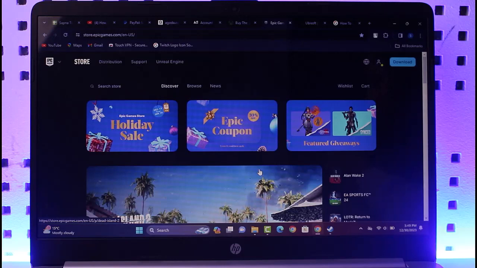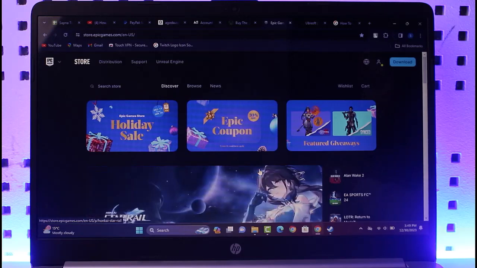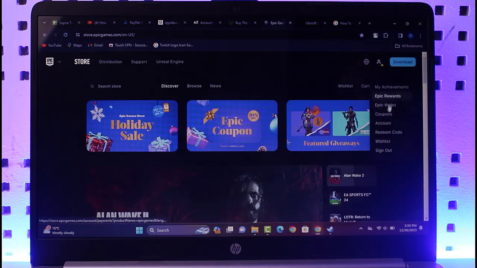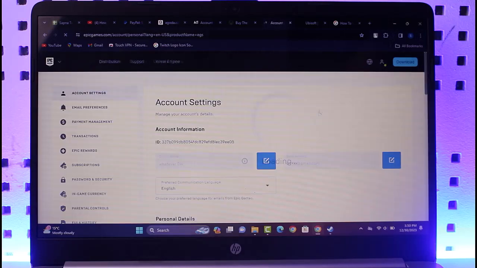So for that matter, the very first step I would show you is you simply have to go to store.epicgames.com on your web browser and access their official website, and right over here simply sign in with your account's information on top. Once you have done so, all you have to do is tap on your account on top and choose the option of account below coupons, and here in this account section